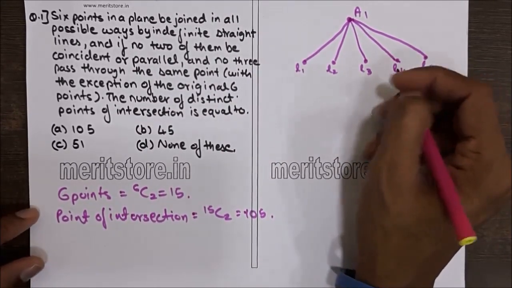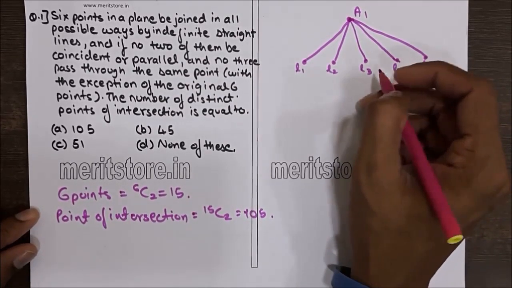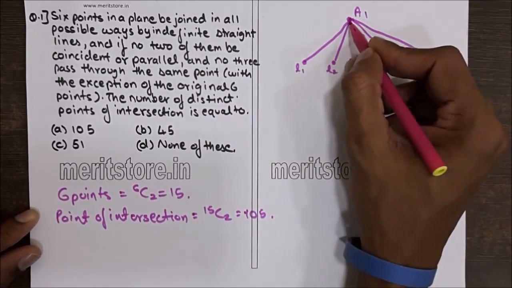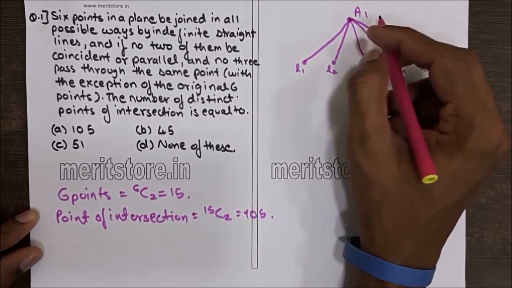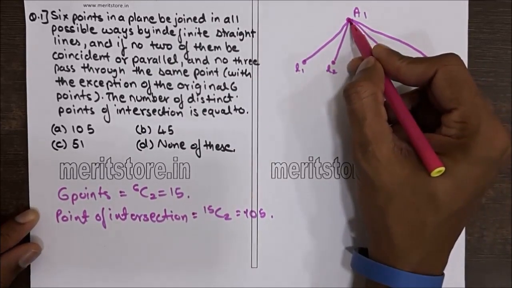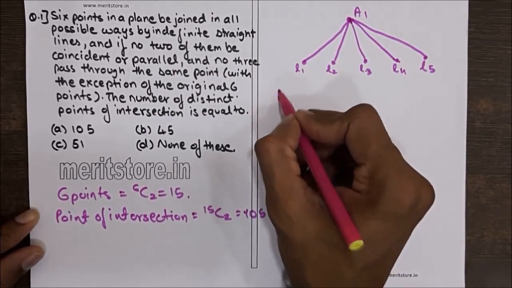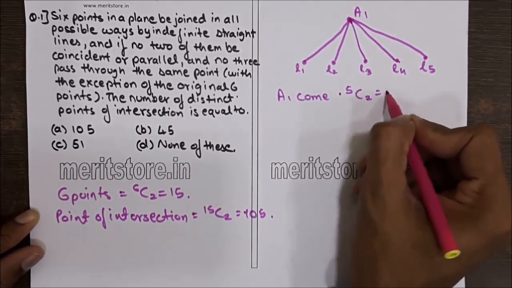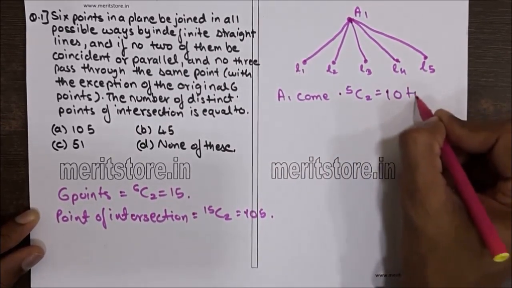Any two lines from these 5 lines give A1 as a point of intersection. If we see, line 1 and line 2 intersect at point A1, or L3 and L4 intersect at point A1. So A1 comes as 5C2, equal to 10 times